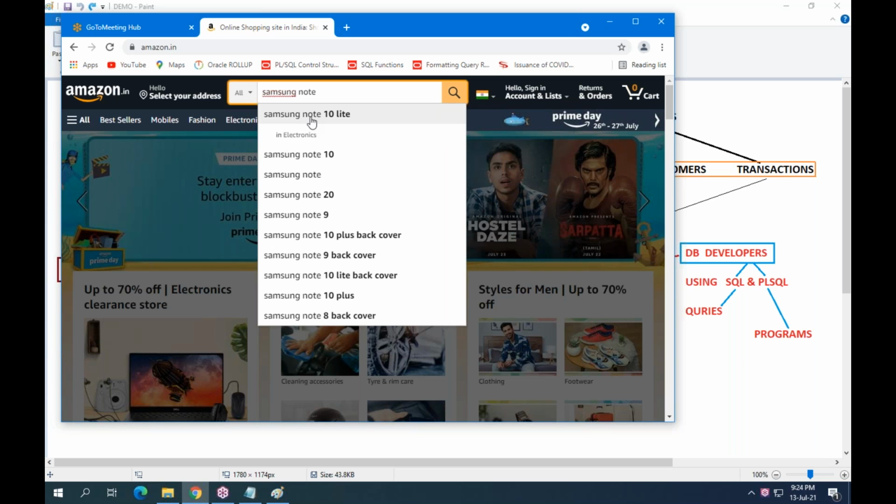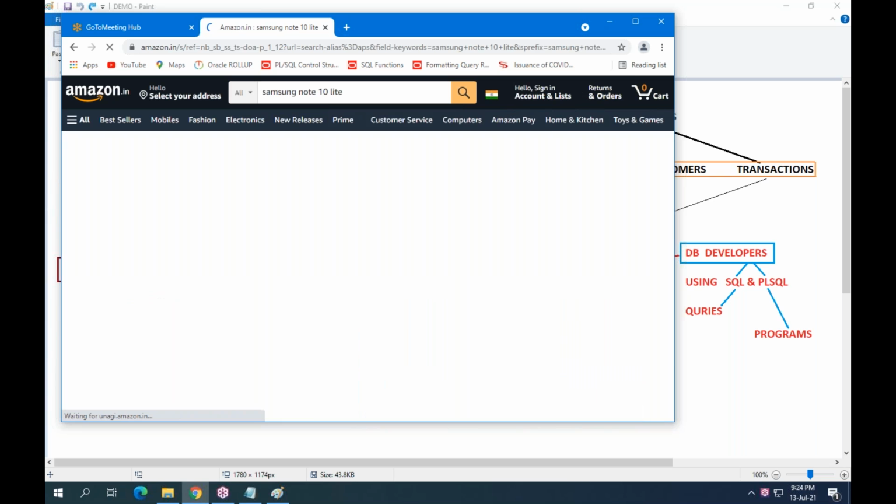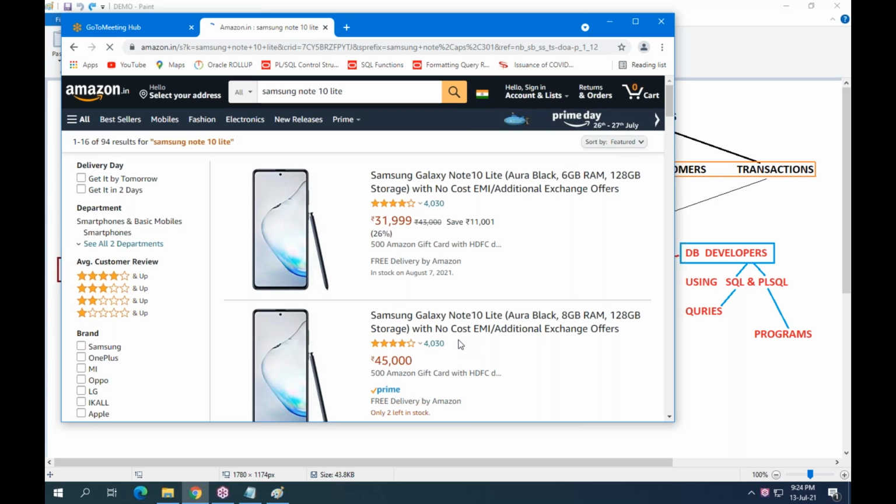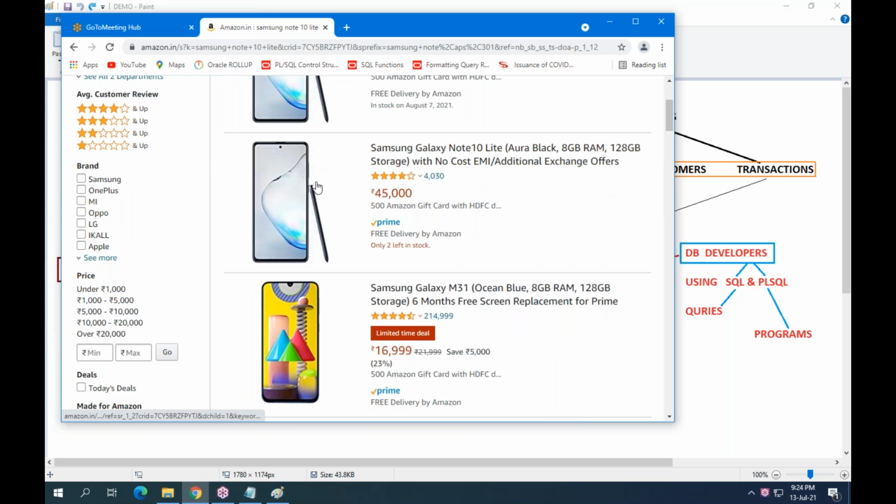So here I have selected some mobile information. Who am I? Customer. With whom am I communicating? Amazon. The business is Amazon. I am a customer. Dinesh is a customer. So Dinesh communicates with the business through what media? Communication media: web page.